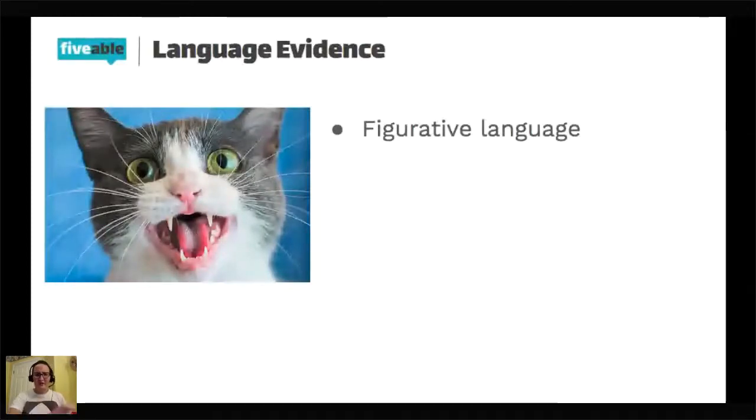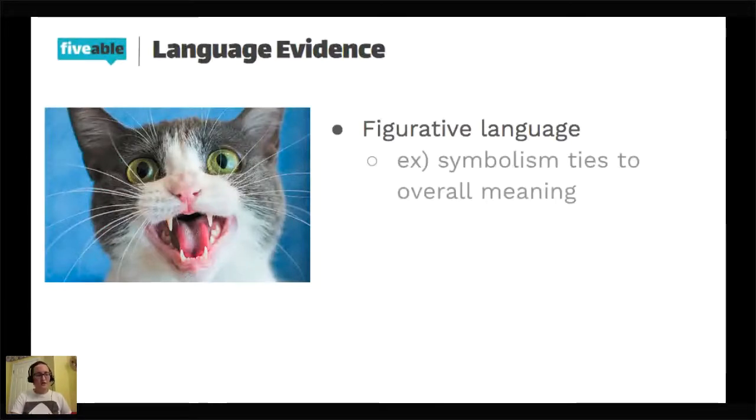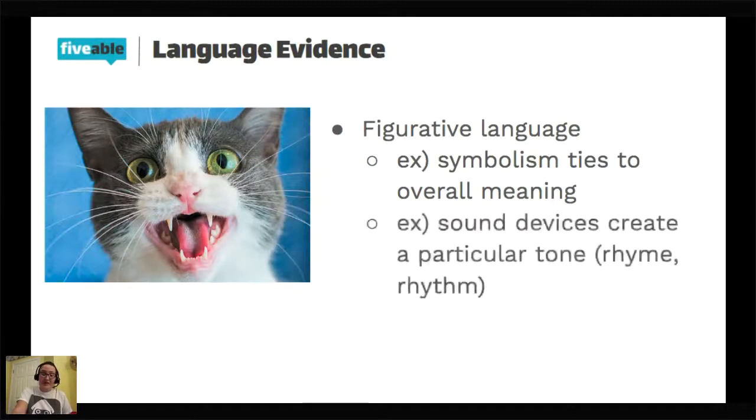All right, so figurative language. You are welcome, as always. So figurative language, as always, you are not just mentioning that something is a metaphor, something is symbolic, whatever. You are tying that to the overall meaning in your thesis. So if you mention that it's a metaphor, that metaphor better prove your thesis statement. Or if you're looking for sound devices, same thing. Don't just point out this poem has a rhyme scheme of A, B, A, B. Say this poem has a rhyme scheme of A, B, A, B, which simulates a song-like rhythm